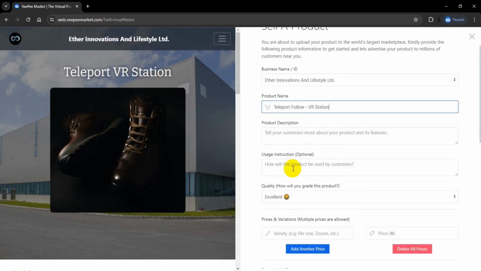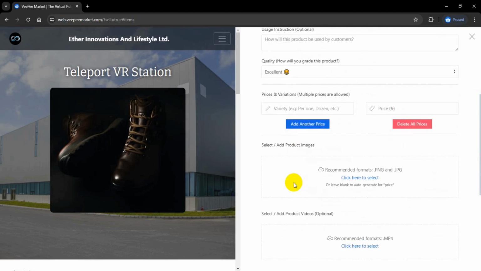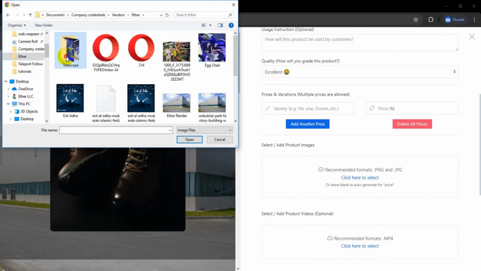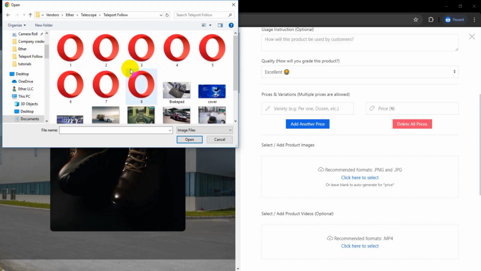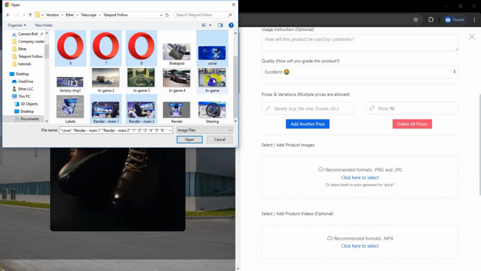So for this example, the name of my business is Eta Innovations and Lifestyle Limited, and the product I want to sell is Teleport VR Station. All these I'm going to explain one after the other, but first I want to put the product so that we'll see what we are uploading first. It's a digital device, so we'll start with the images first before coming back here again. So this is it. I'll select the images of the product